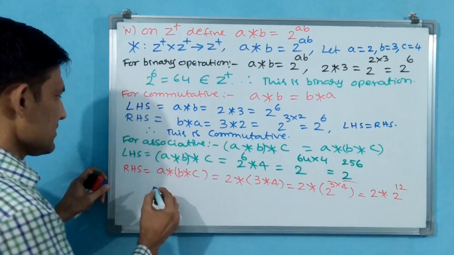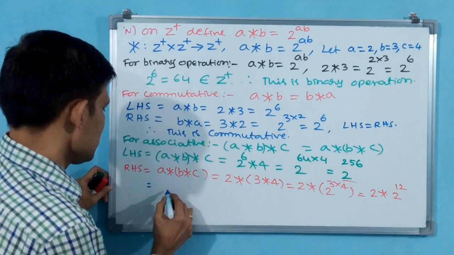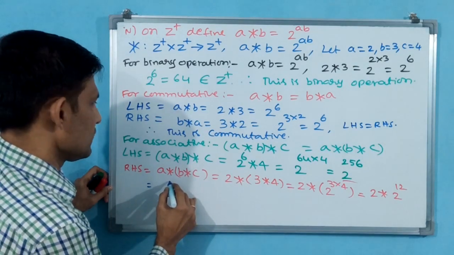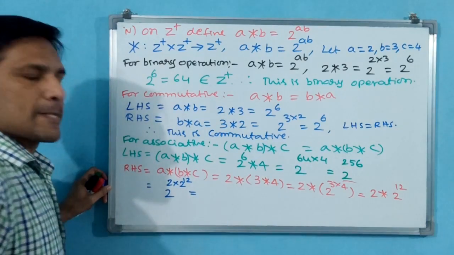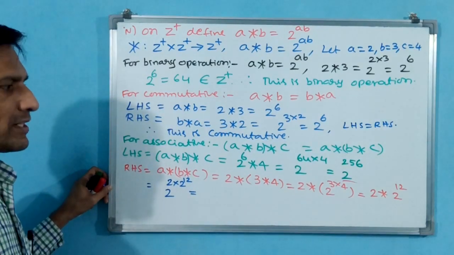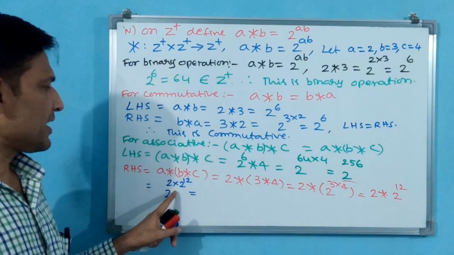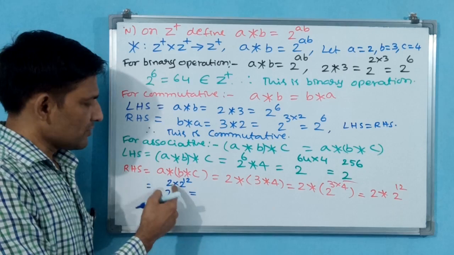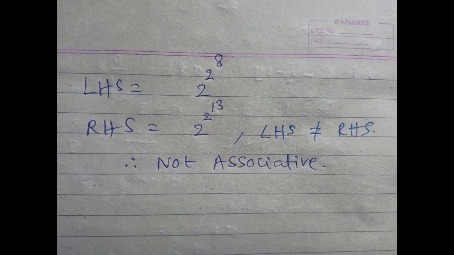Now again that is equal to. Now I want to remove this operation, then 2 power 2 into 2 power 12. You understand, na? Why? Because this is A, this is B. 2 power AB. 2 power A is 2, 2 power B is 2 power 12. See, now bases are same. 2 power 2 means 2 power 1 is there. 2 power 13.